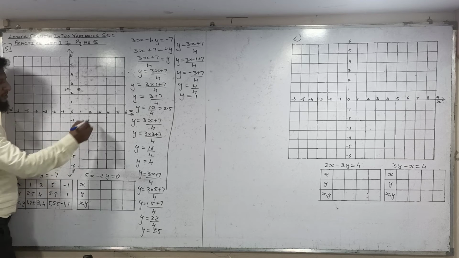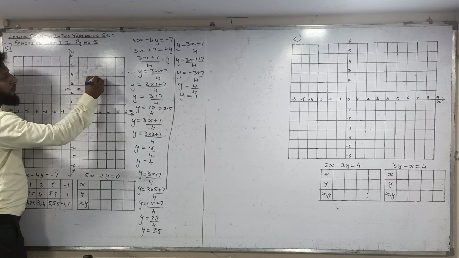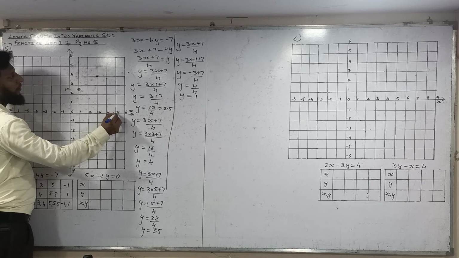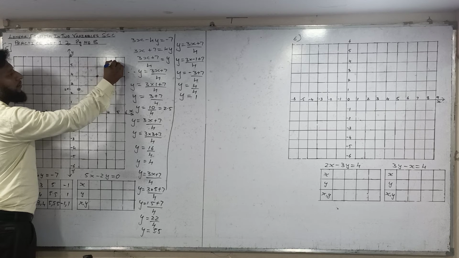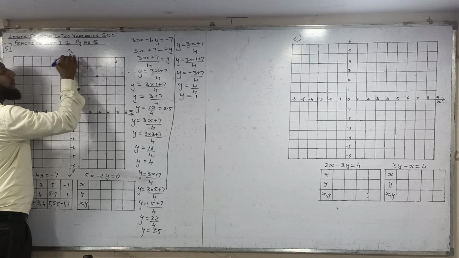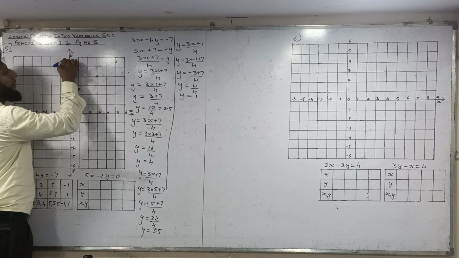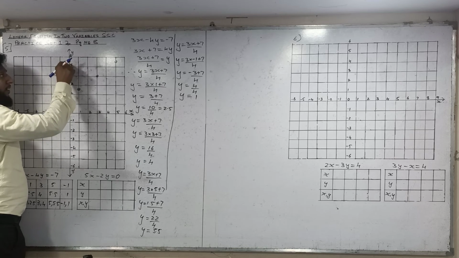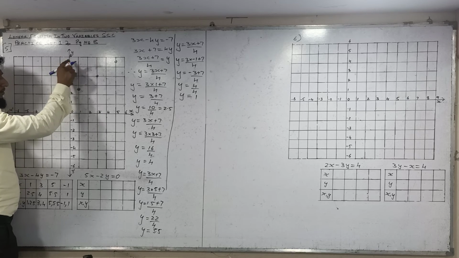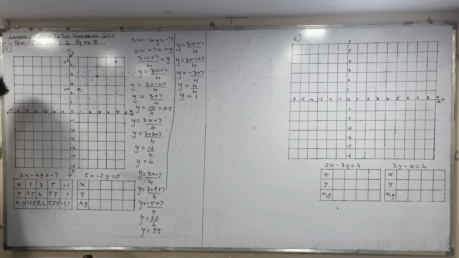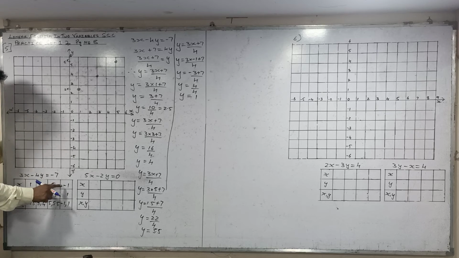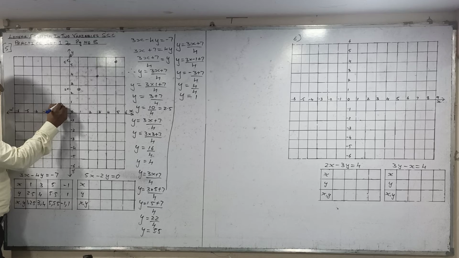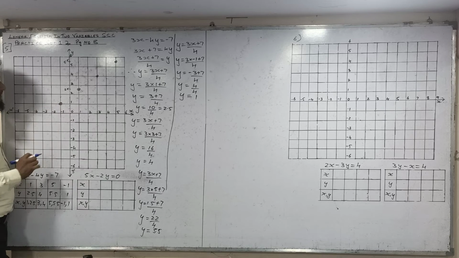3 and 4. X value 3, y value 4. Okay. X value 5, y value 5.5. See this value, 5 and 6. So in mid you will get 5.5. Okay. So this is 1 centimeter and this half centimeter will get 5.5 in your graph. So we have plotted the point. 1 point, x value minus 1, y value plus 1. Okay. So x value minus 1, y value plus 1.